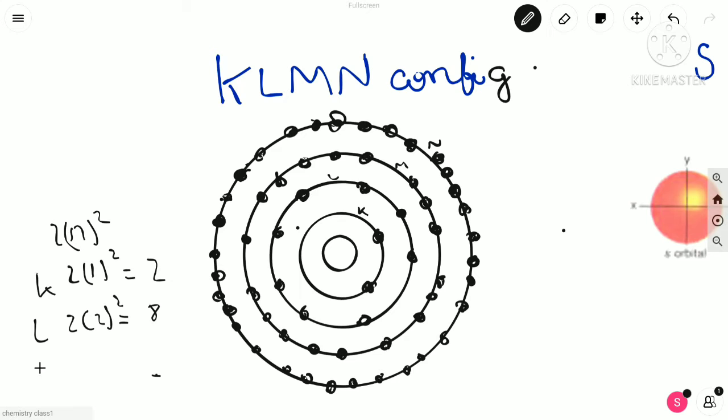So M has 2 into 3 square, which is equal to 2 into 9, which is 18, and N had 2 into 4 square, which is equal to 2 into 16, which is 32. So that is how we had an electronic configuration. And this was the